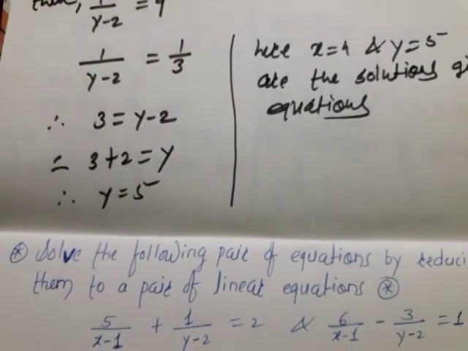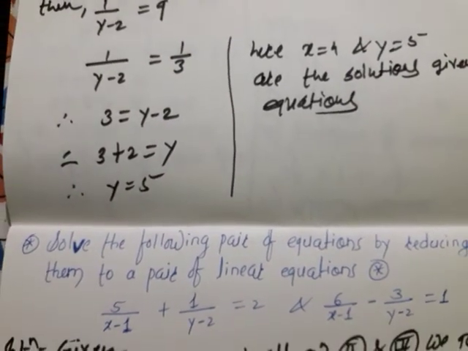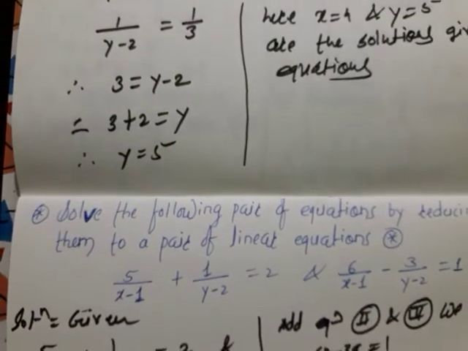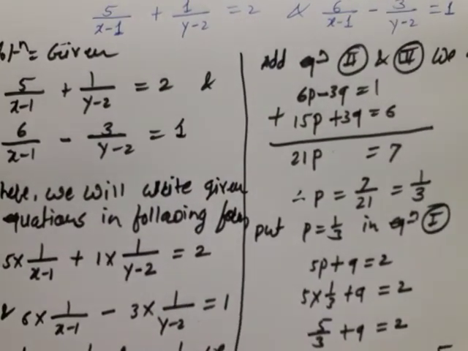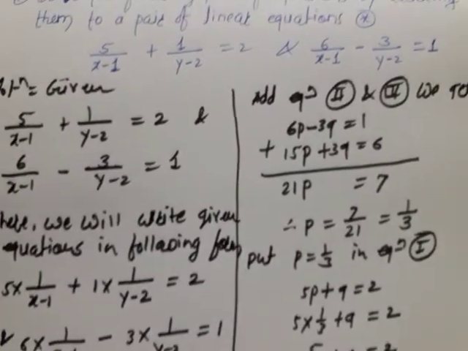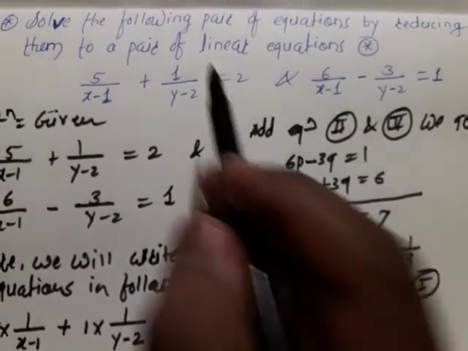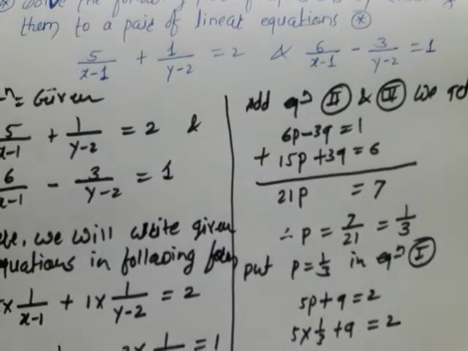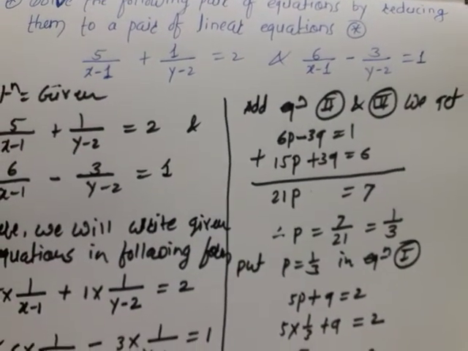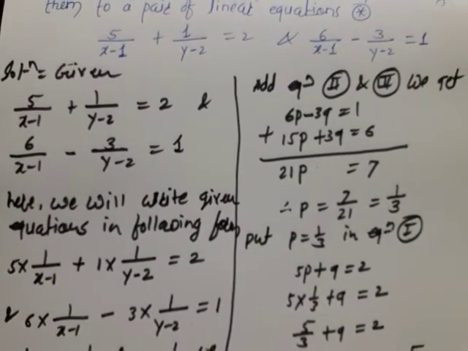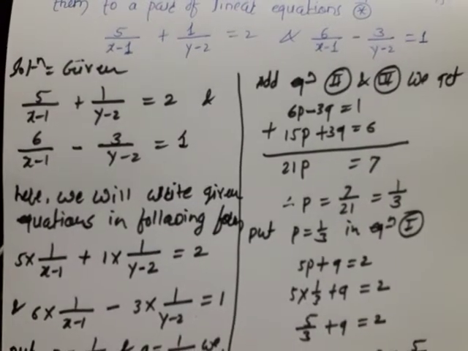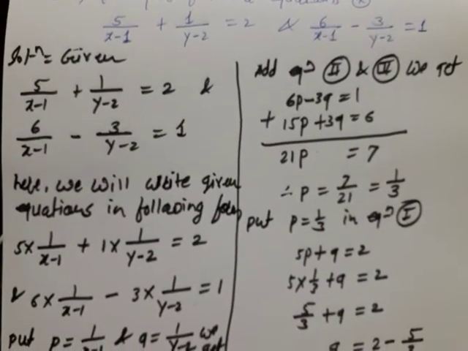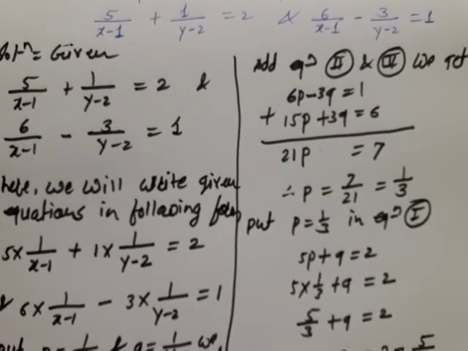Got an idea? This is the second type of how to reduce the given equations into a pair of linear equations in two variables. I am telling how to reduce the given equation into which form? Pair of linear equations, and how to find out their solutions. This is the second type. Are you getting it? Okay, there is also a third type, which is a little different as compared to this, but that is also very important. Now I hope you got an idea about the second type.